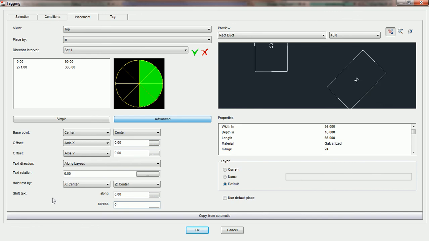The last option for position parameters are the shift text options. We have 2 fields here, one for along and one for across. Now earlier in the tutorials we were showing you how to use the offset X and Y axes. However, there are no tags in the software currently that were built in the PractiCAD data that use the axes